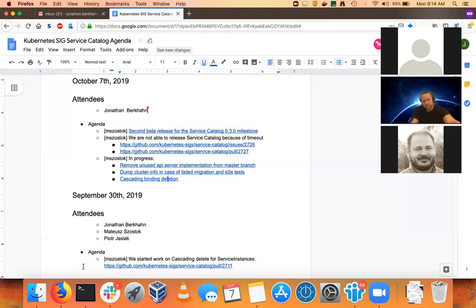Okay, so basically, I read one of those issues linked by Morgan, and I saw that there was a face-to-face meeting, and the agreement was just to delete that. So if you have a service instance with connected service bindings, delete all of them in case of deleting the service instance. So probably maybe we can just